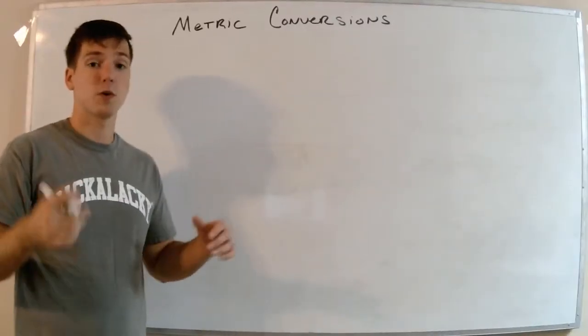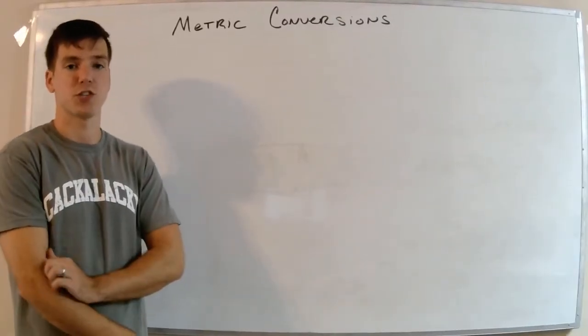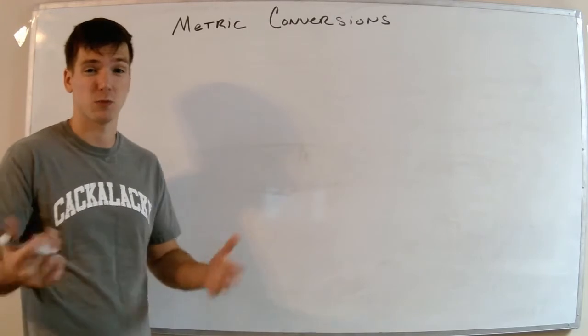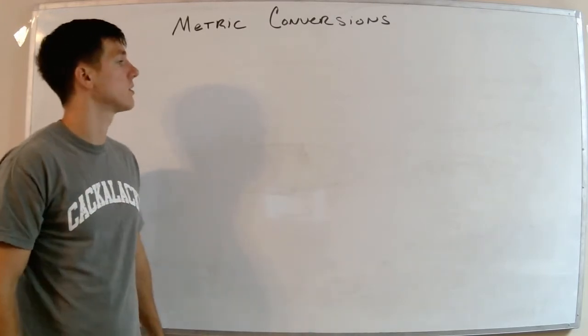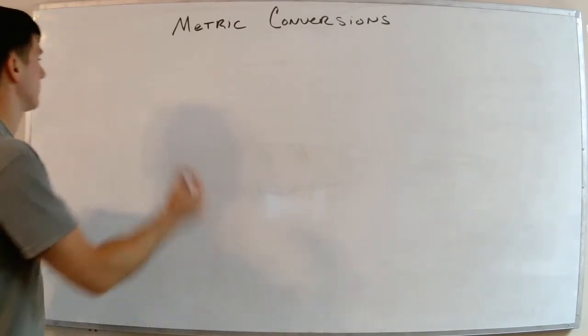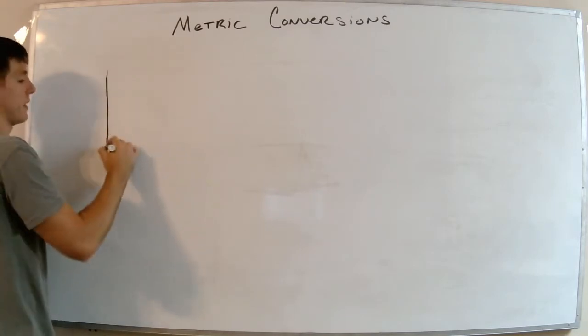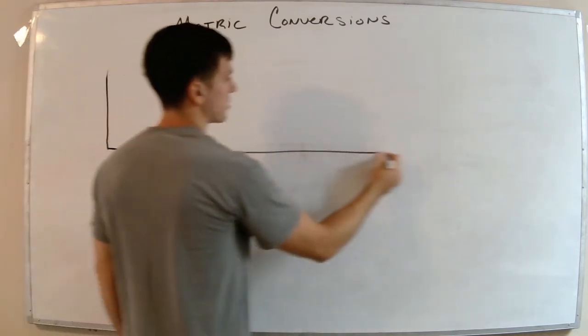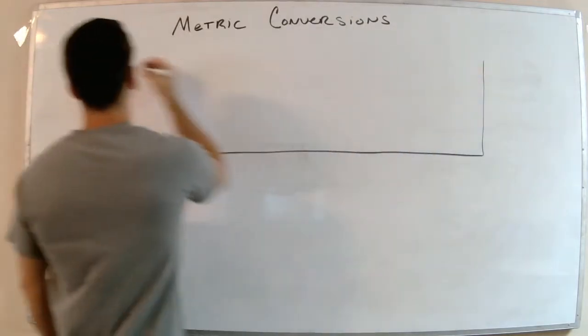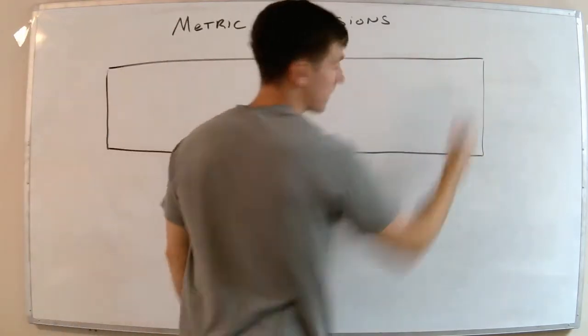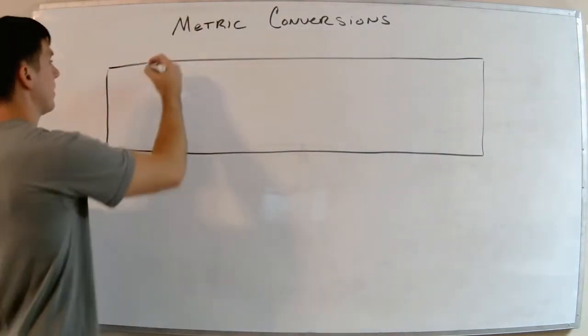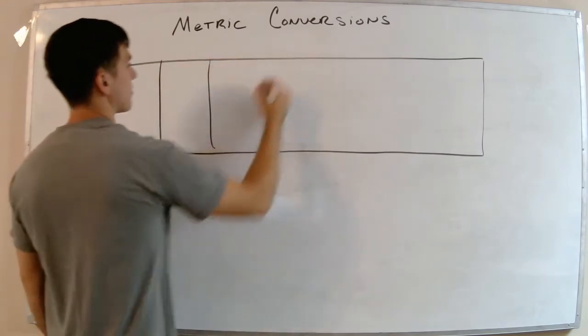Hey everybody, so real quick I just want to talk about metric conversions. It's good to have a quick refresher on that since we're going to be doing that quite frequently. So if we want to do basic metric conversions, we have a nice little table that helps us remember those, okay? It's split up into 7 groups